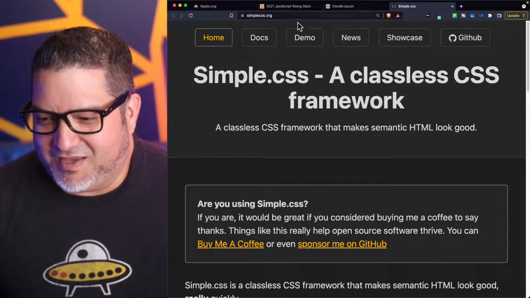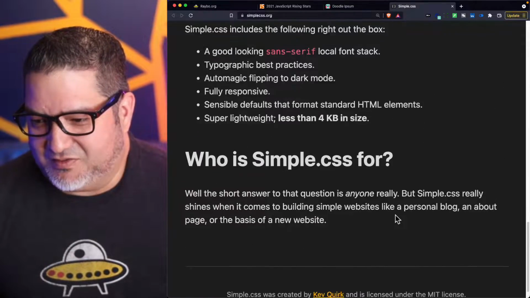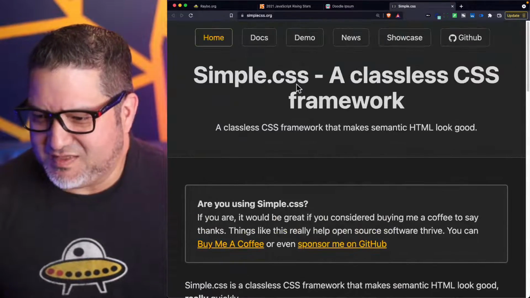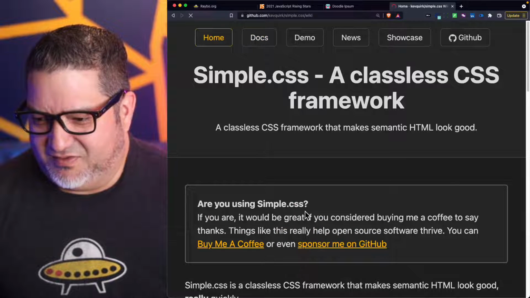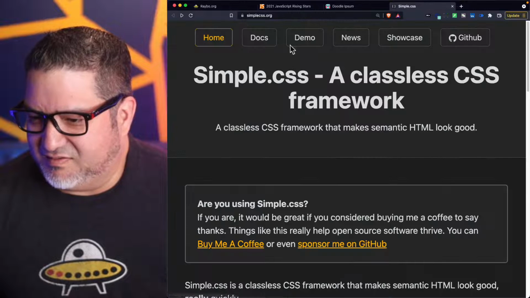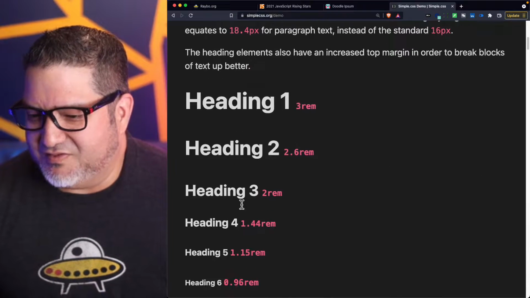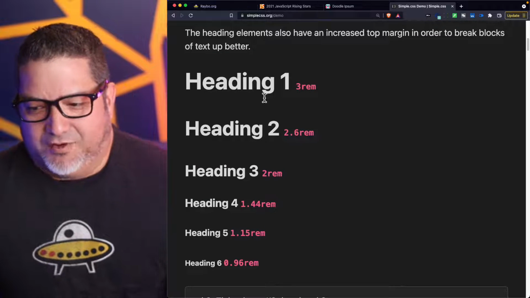I'm not really a fan of this navigation, but it is just that simple. I wish that was a little bit better. And if you go to the docs, you can see some of the demos. Oh, maybe not the docs. Let's see. Is there like a demo maybe? Yeah, I think somewhere, yeah, here's the page where you can see what your headline level 1 is